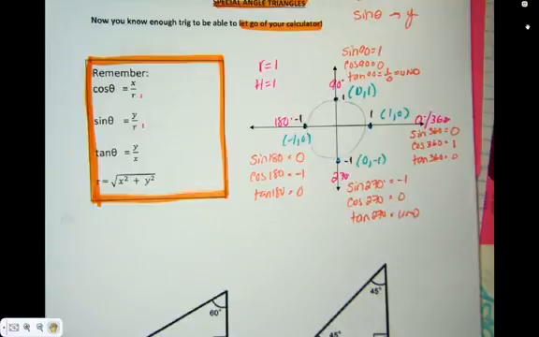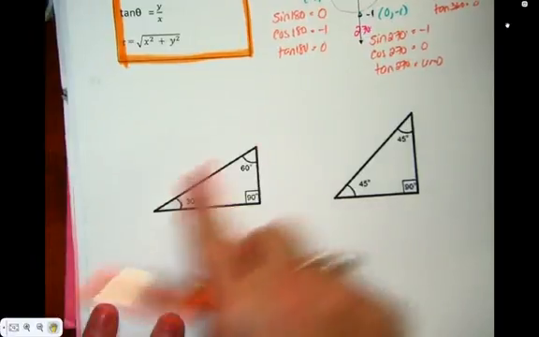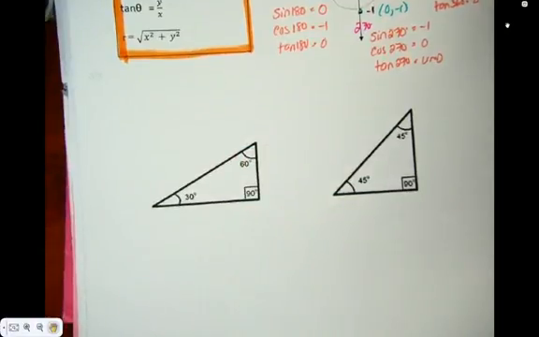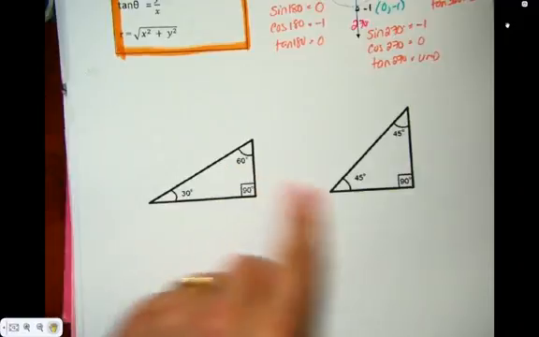I'll take a minute right now. Then we're going to talk about something called special triangles. There are 3 special triangles, which are like, what? You drew 2? Because we use this diagram for 2 of the triangles. So the special triangles come from having an angle of 30, having an angle of 60, and having an angle